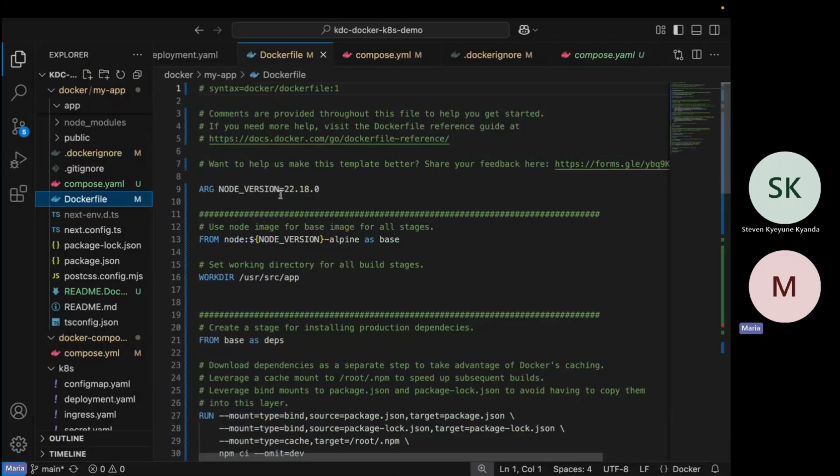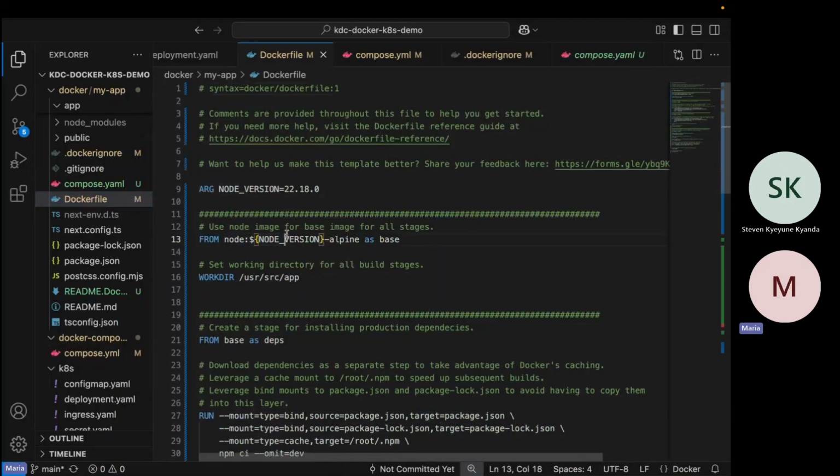Now, I want us to look at this Docker file. This Docker file follows the best practices. So you'll find that if we build this image using this Docker file, it will be way smaller than what we had. So what does ARG do? ARG, arguments, like it's taking in arguments. It's a way of defining variables in your Docker file.